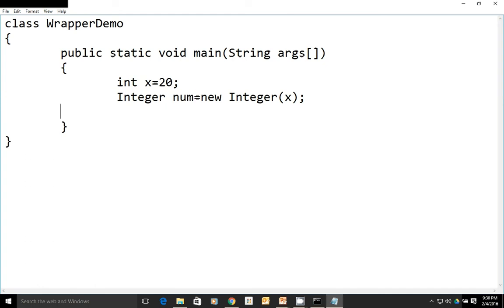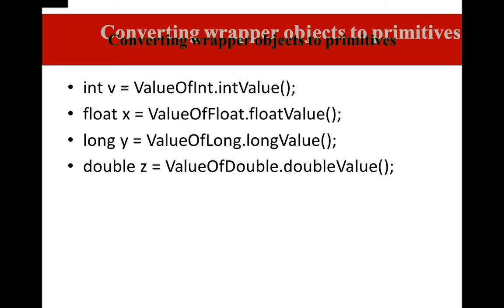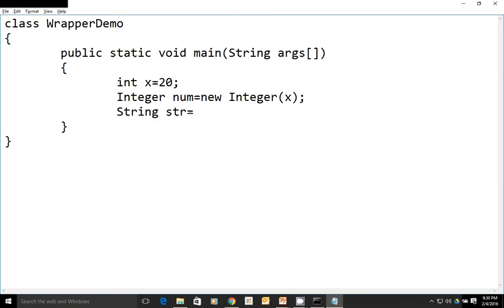And if you want to convert this number into a string, you can do it with String str = Integer.toString(num), where this will be converted into a string.